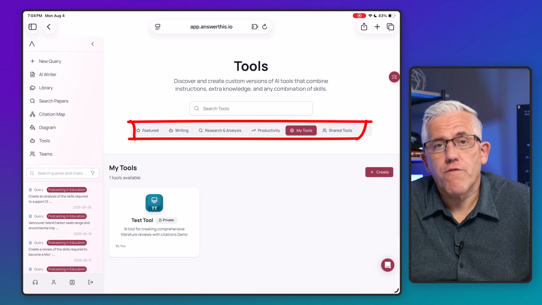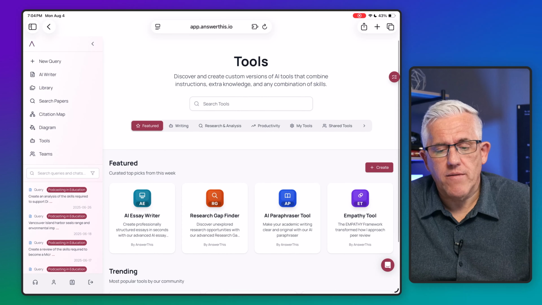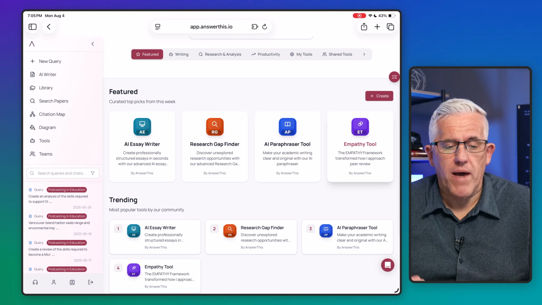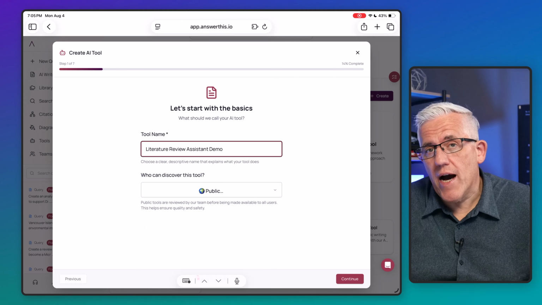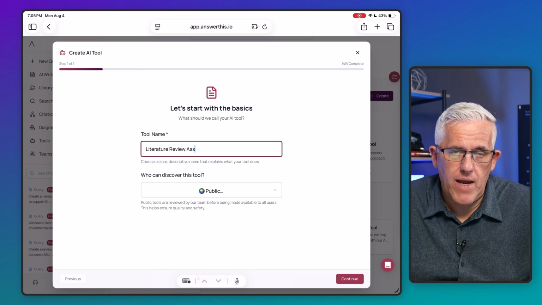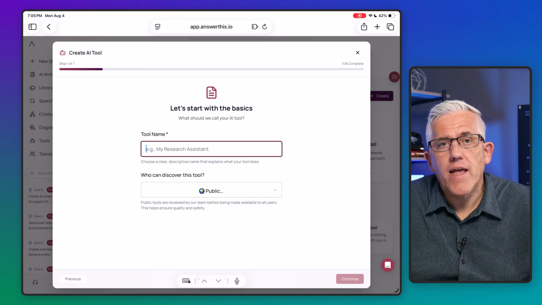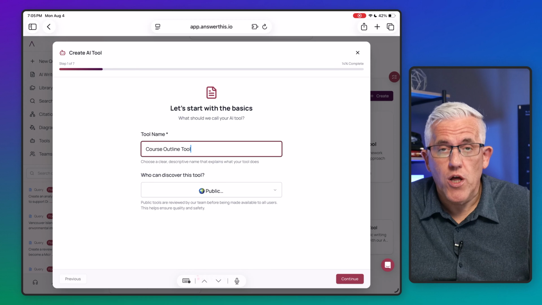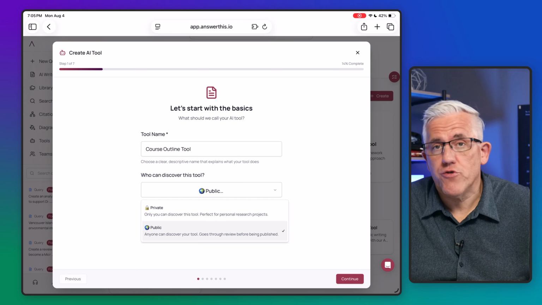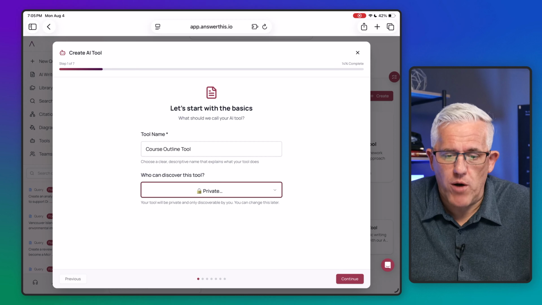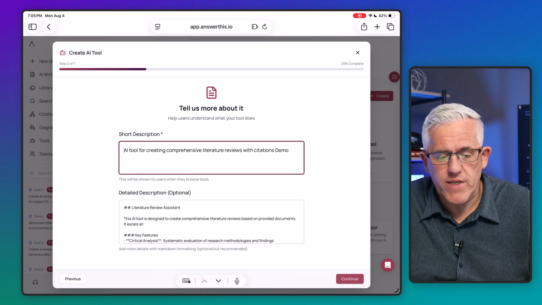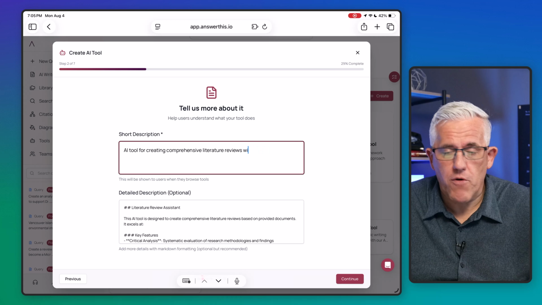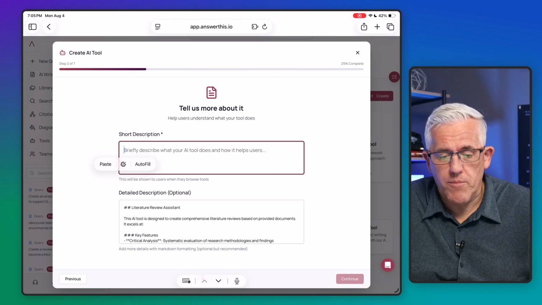And there's even a section for my own tools, which means that I can see the tools that have been created here within AnswerThis, but I can go into the section on my own tools and create my own AI tool. I can give that tool a name, and I can be guided through the process of creating the prompts that will generate the best results. So let's say, for example, I wanted to create a tool on generating course outlines for research courses. Now, I'm not going to fill in the prompts completely here. I'm just going to walk through the process, but you can see I can provide a detailed description of that tool, and this will come in very useful if I want to share this tool with someone else,